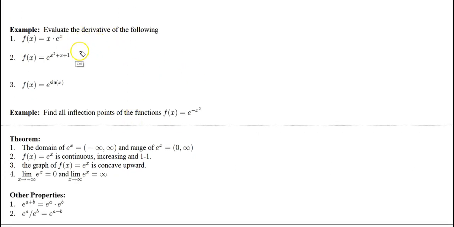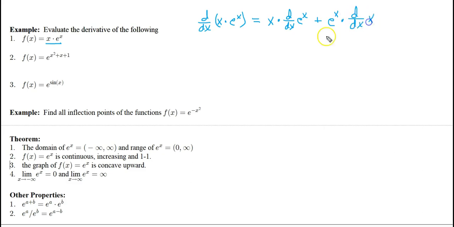So let's evaluate the derivative of these functions. First of all, we want to evaluate the derivative of x times e to the x. Well, that's just going to be the product rule, right? So it's going to be x times the derivative of e to the x plus e to the x times the derivative of x with respect to x. And we end up with